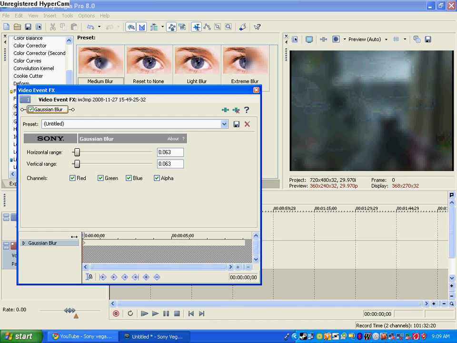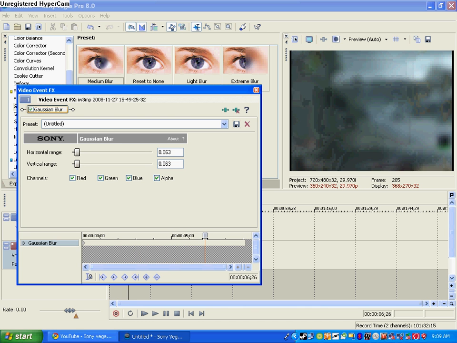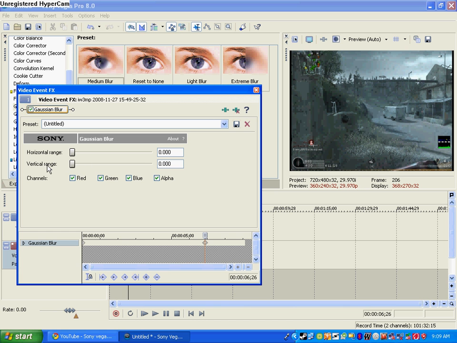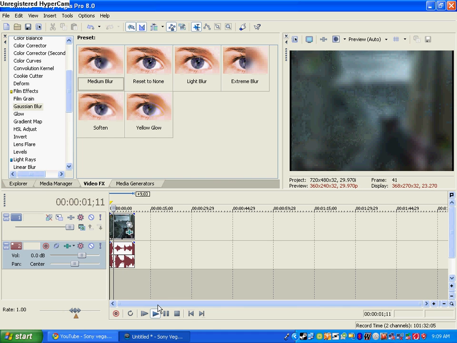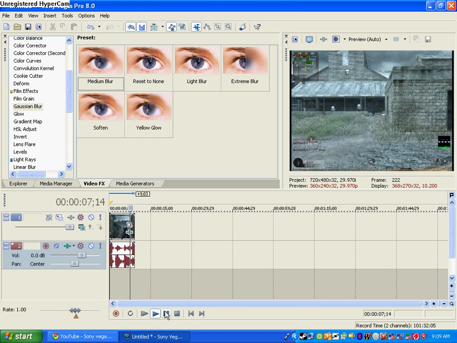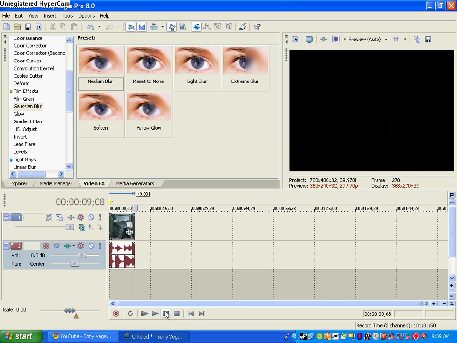Now I wanted to unblur somewhere, so I would stop at the place I wanted to unblur. Let's say when I start moving there, then I take the settings here and I just bring it down. Okay, now let's just watch that again. You see blur, it's blurring now. Then it slowly comes back to no blur, and I start moving just as I planned.